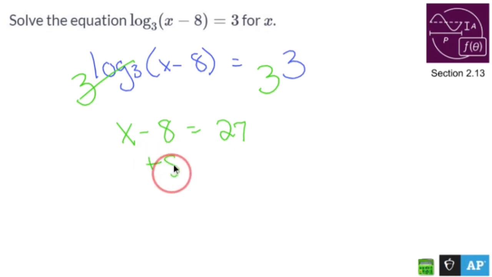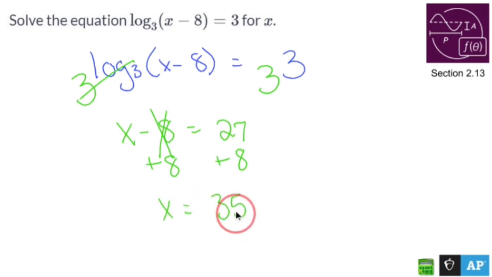Add 8 to both sides. X is going to equal 35. Now, before you just circle it and call it a day, make sure always, if you're solving a log,